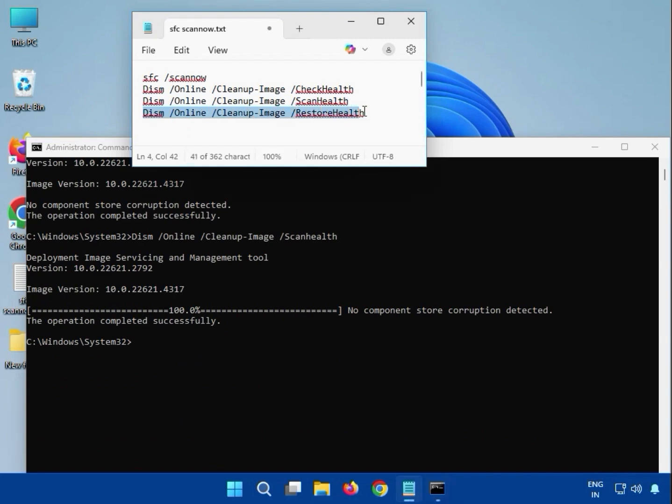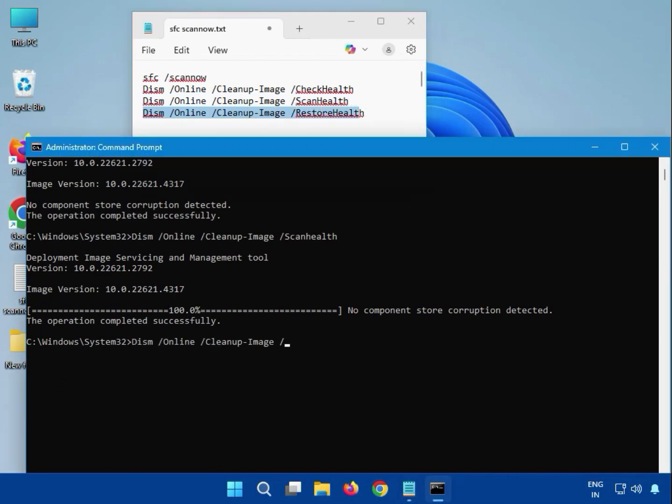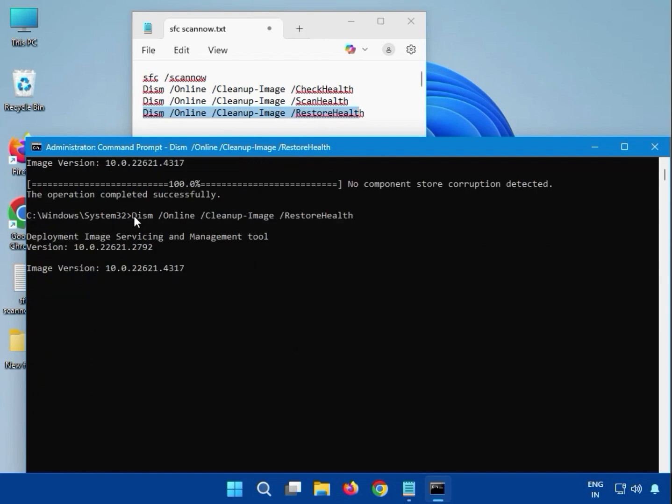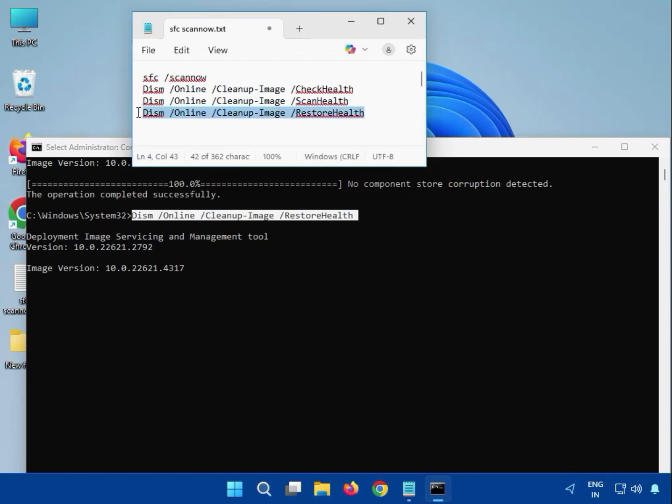Then guys, fourth one, which is restore health, you can see here, you can enter like DISM and all, and please note small and capital. Okay, restore health, and then hit enter. Again guys, you have to wait. Okay, once the percentage starts, it will complete. After that, you can see here